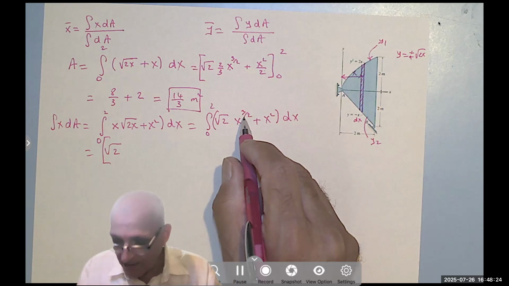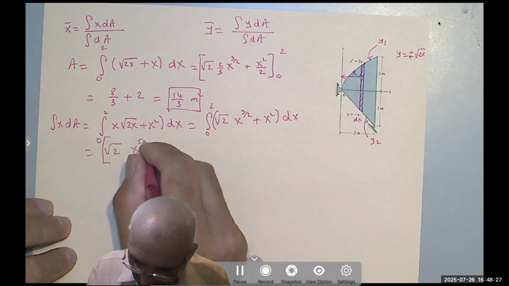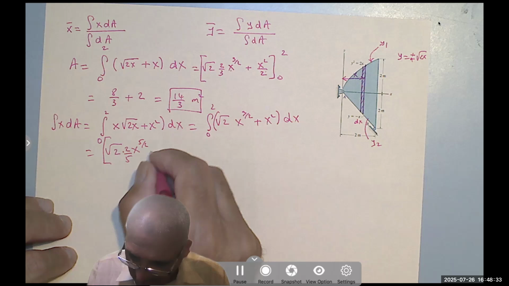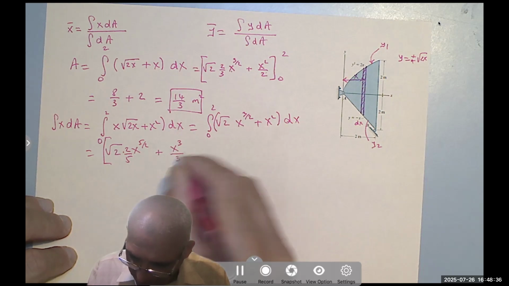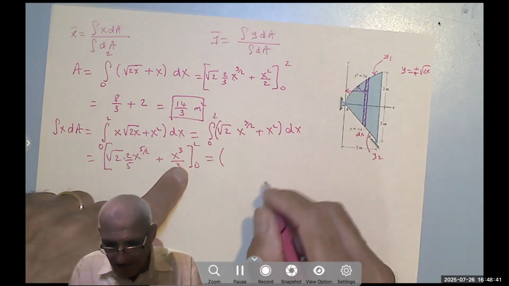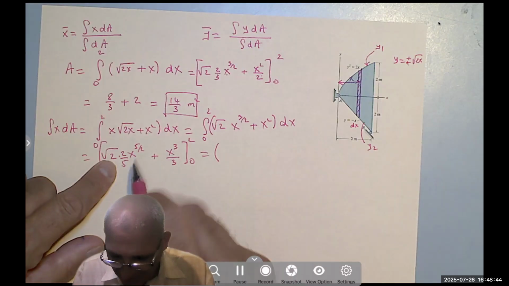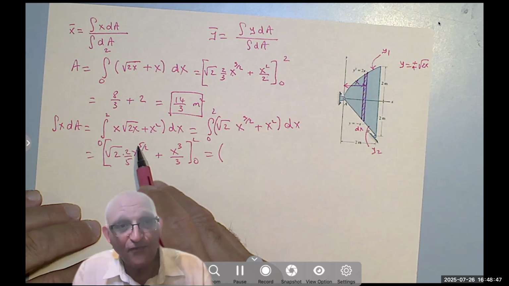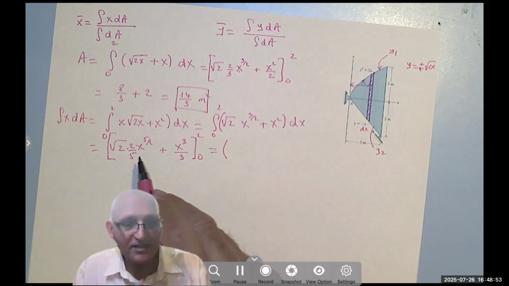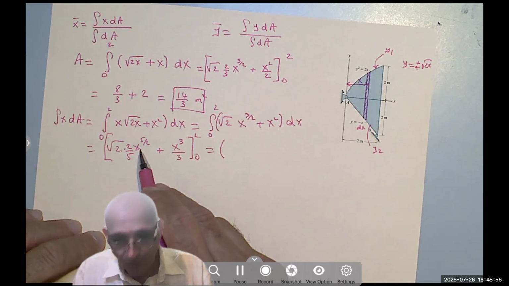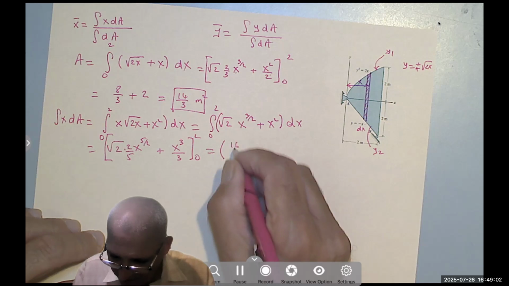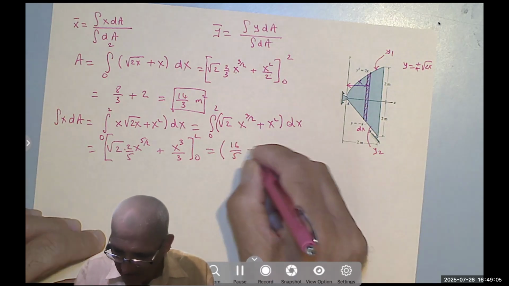You integrate it, you add 1, so it becomes x to the 5 halves divided by 5 halves or multiplied by 2/5, plus x cubed over 3 from 0 to 2. And again, I don't care about the 0 because it's 0. So x to the 5 halves is x to the 4 halves, meaning x squared, times root 2. 2 squared times root 2, right? 2 squared is 4. 4 root 2 times 2 is 8 root 2 times root 2 is 16/5 plus 8/3